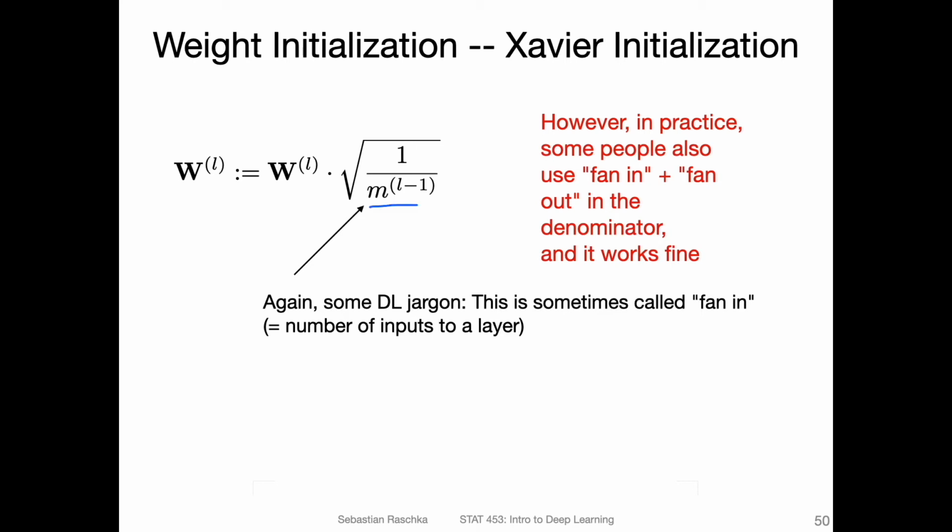All right, so in practice, if you look at some initialization schemes, sometimes people also include here the number of output units. For example, they would write it as L here, where L is the output number of features that goes out from that given layer. So that's also something people sometimes do. But in practice, I think fan in is more common than having both.